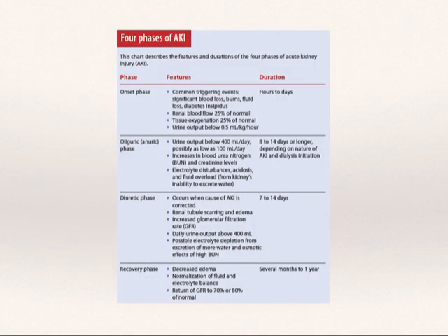This is just a chart that I thought was good. It's the same thing that I mentioned, that they have different phases, where they have an oliguric phase, where they have very little urine output, which would be below 400 milliliters a day. It could even be lower than that. But there are significant risks for electrolyte disturbances, acidosis, fluid overload,